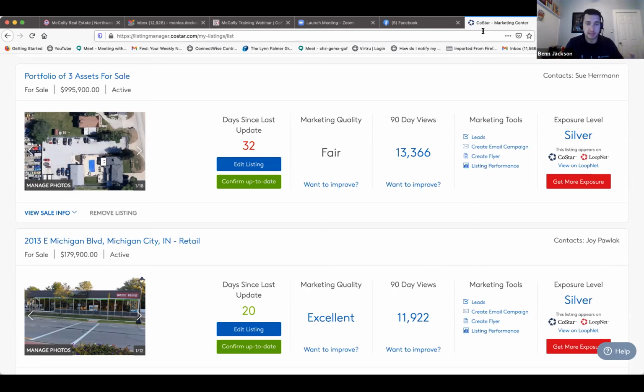But before that happens, they're going to be trying to reach out to you probably 10 different times, because they're very persistent in what they do, and they're good at getting a hold of people usually. So that's one thing. Ben, I think that's a great point you mentioned, because the number of days since last update